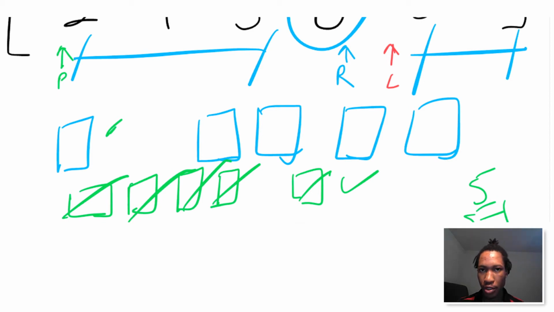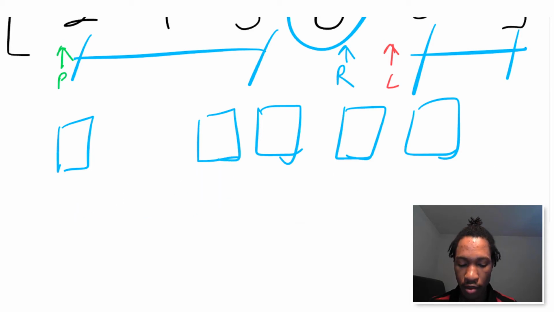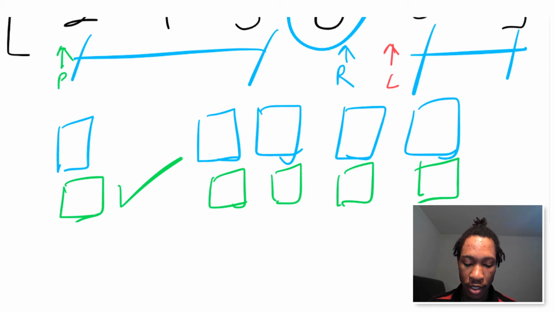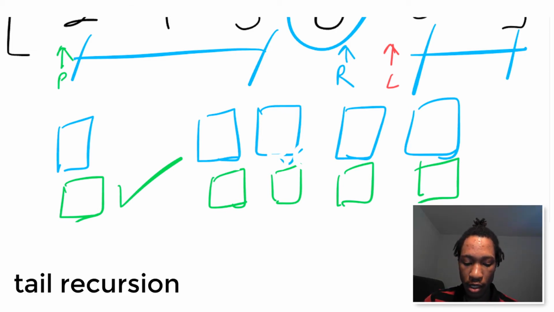That's 4 frames, which is kind of like O of n frames on the call stack, right? But what if you call the recursive function on the smallest subarray first, let's say of value 1, just one value? It's going to take care of that first before going to the other subarray. So what's going to happen in this case is that tail recursion is going to take its toll on this